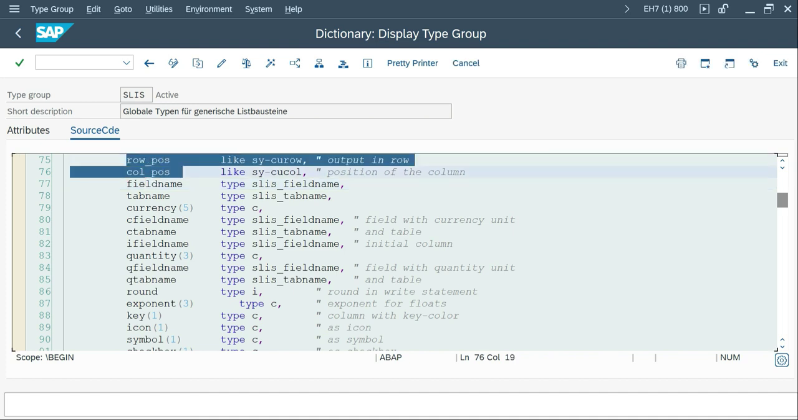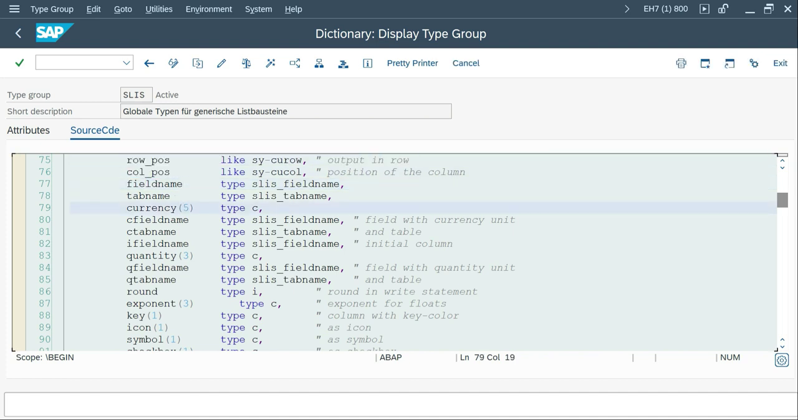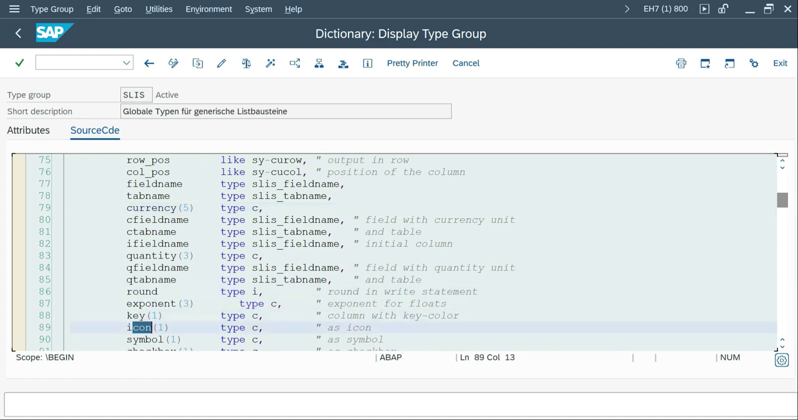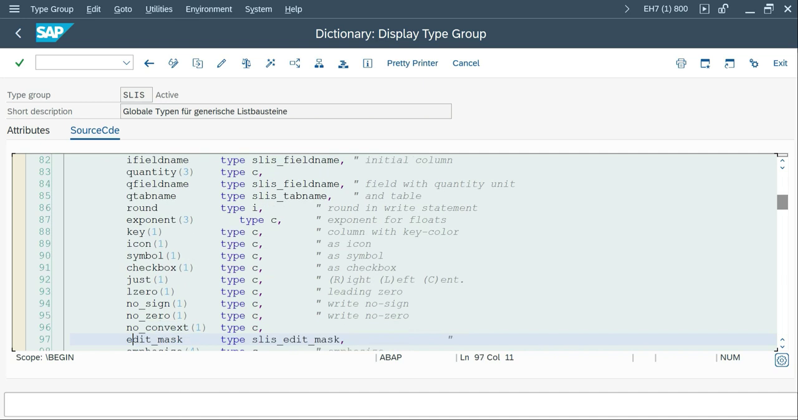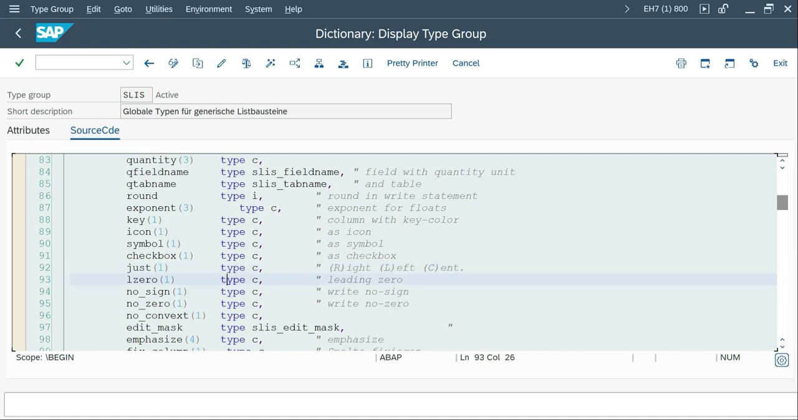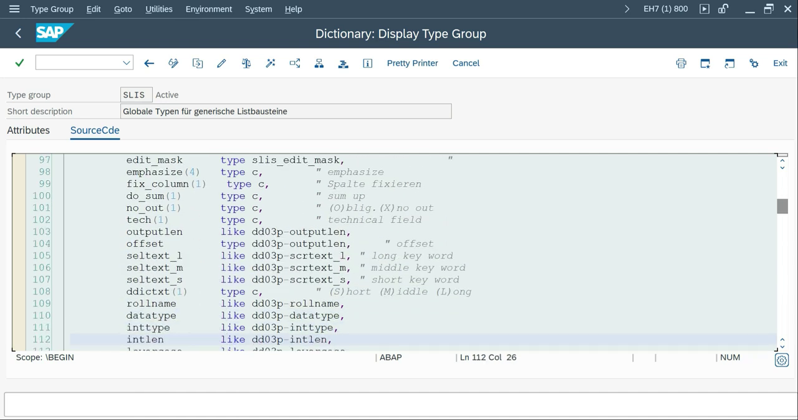Row position, column position, field name, tab name, mostly we use. Currency field name, tab name, currently we are not going to use that one. And then quantity field, round, exponent, if you want a key, if you want an icon, a particular one, if you want a symbol. So these are like key field, boolean types, yes or no types. Okay, justification, and then edit mask, if you want to apply an edit mask to a particular column, and then selection text,